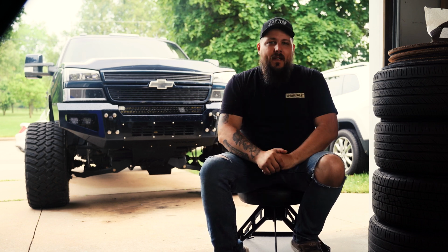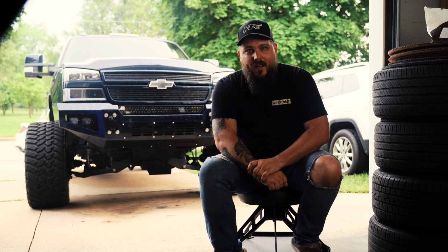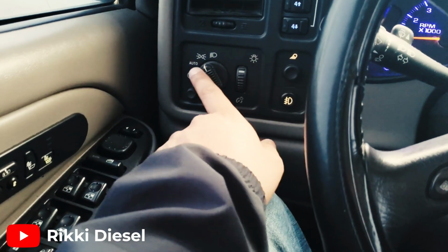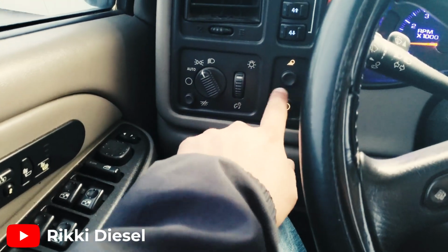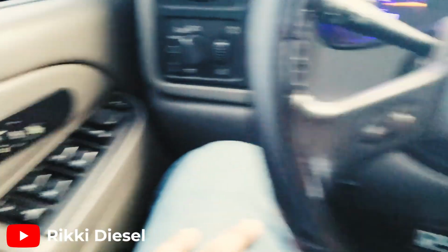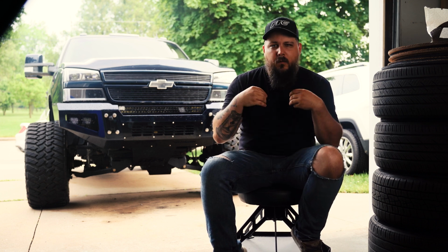Now, right smack dab in the middle of this list, coming in at number 3 on the reasons why I love my LBZ Duramax, has got to be the interior design. It's ironic I say this because I just read a thread in one of the LBZ pages where guys hate the interiors, but before you flame me a ton down in the comments, let me explain. I think the reason that I love these trucks so much is because I remember being a young